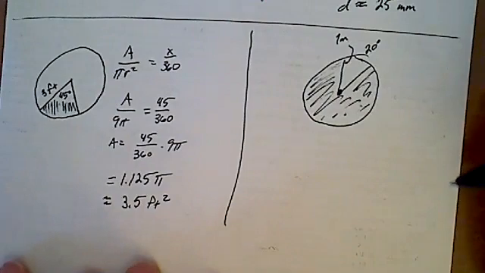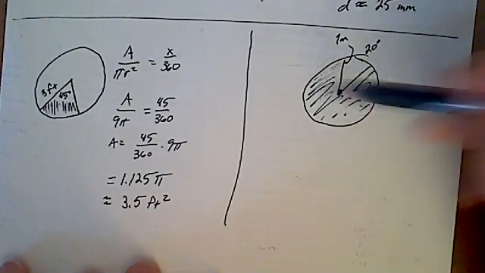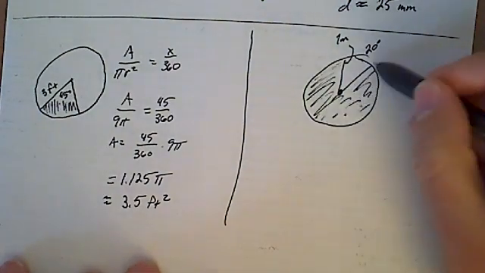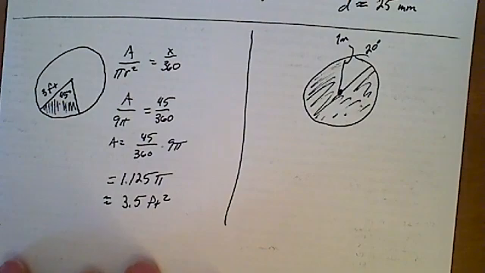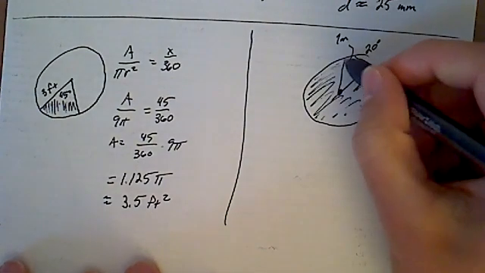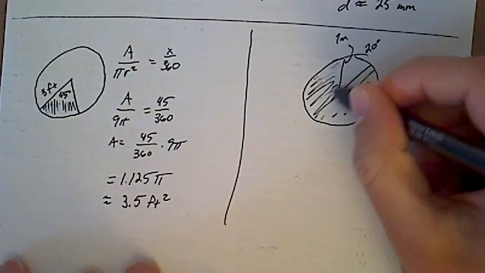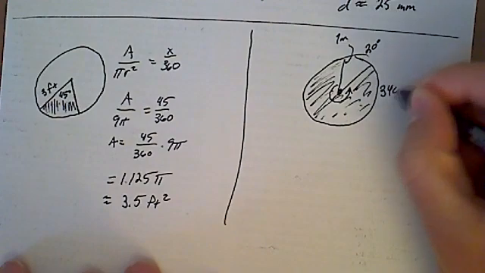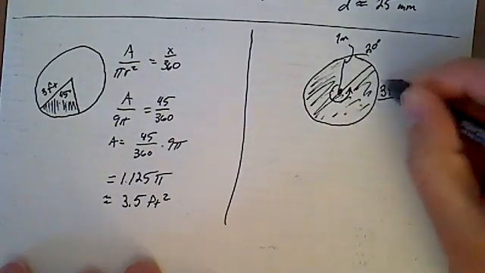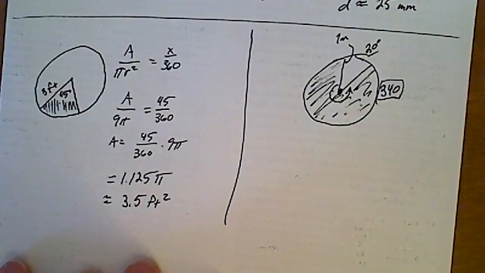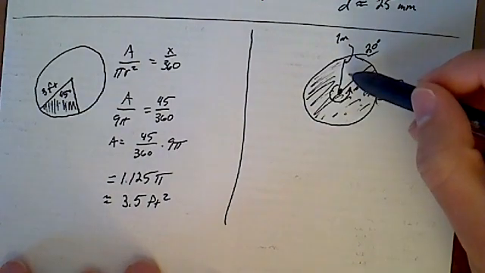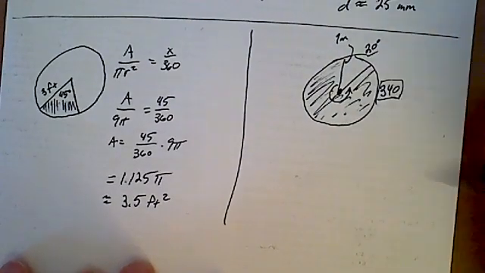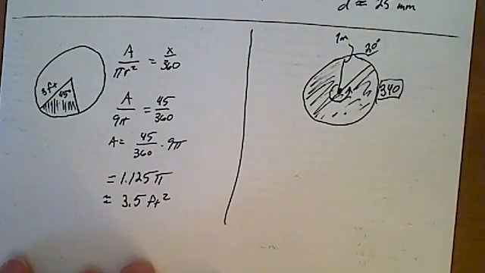Well, first quickly ask yourself, is it going to be more or less than half, right? Well, it should be quite a bit more because this is all but 20 over 360, right? So how much is this arc or this angle, right? Well, it's all but 20, which means it is 340. So 340 is the number you want to use, not 20, unless you find the area of this sector and subtract it from the whole area, which seems like extra work to me rather than just finding the arc length,